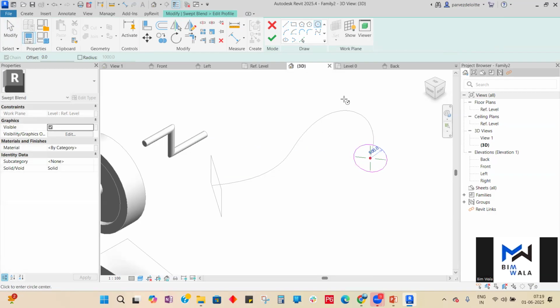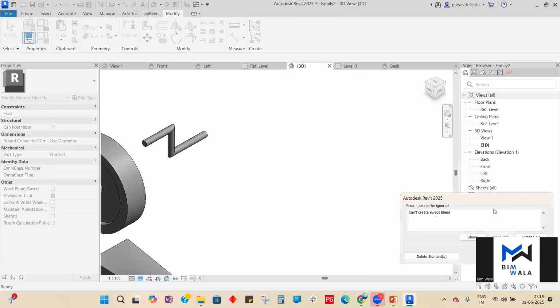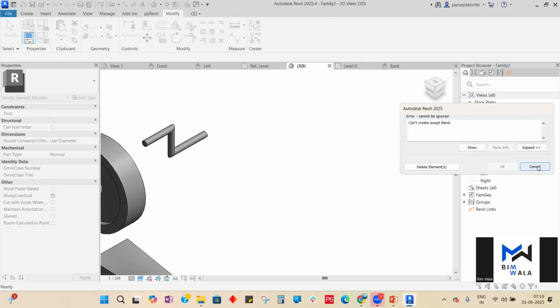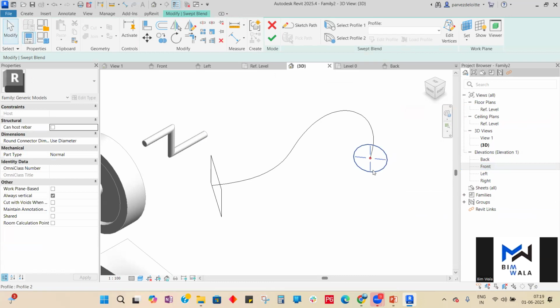ये मुश्किल बनेगा क्योंकि मैंने यहाँ पर ज्यादा शार्प बैंड दे दिया, पर देखते हैं क्या बनता है। ठीक है, I press OK and then again OK. Can't create swept blend, क्योंकि मैंने उसको ज्यादा, बहुत ही शार्प टर्न दे दिया तो उसको मिला नहीं पा रहा। ठीक है, मैं इसको चेंज करता हूँ, इसको मैं डिलीट करता हूँ।